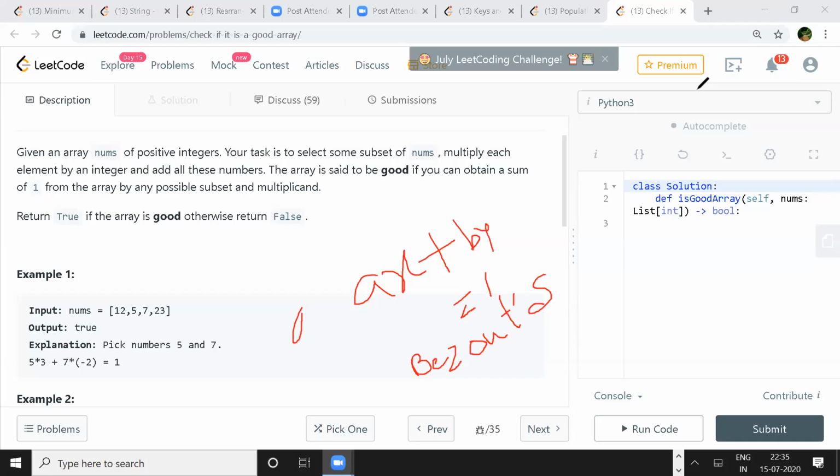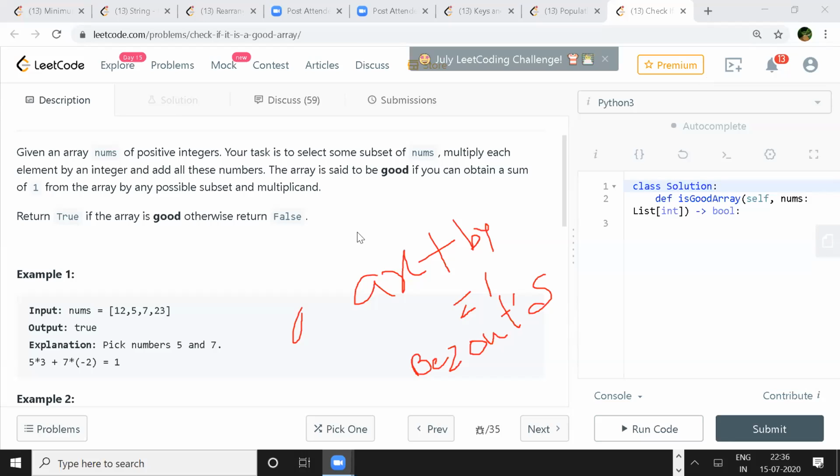No, but they have mentioned for this identity to be true, for example, it should be 12 into 2 and 5 into 5, that makes it 1. Both are co-prime. 12 into 2 is 24, 5 into 5 is 25. Difference is 1. So if two numbers are co-prime and the GCD is 1, then we are bound to find such x and y which will lead to this one number. Are they saying absolute or do you have to go in order?